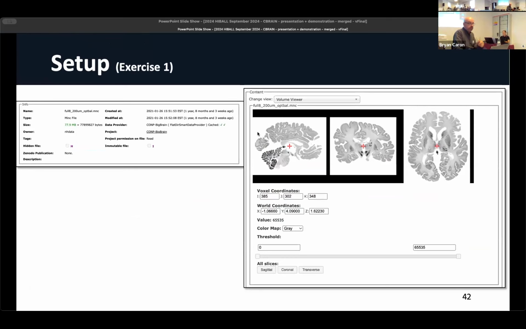But also down below, it may take a bit to load because it's like a 70-some megabyte file, depending on the network here. It'll load directly within your browser, where you can see the volumetric view and traverse through the different slices from the different planes of view. You can actually visualize it directly within the browser. Okay, so you don't have to download it to another different tool. You can view all that directly within CBRAIN.